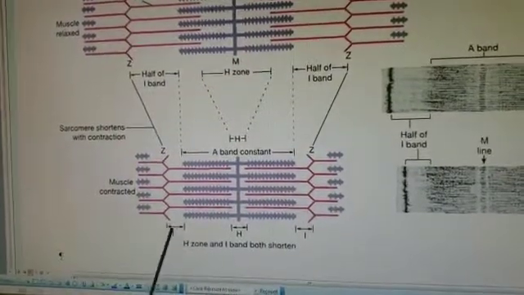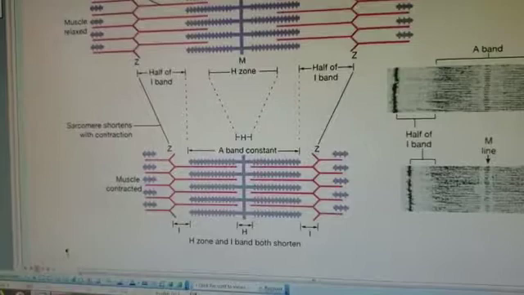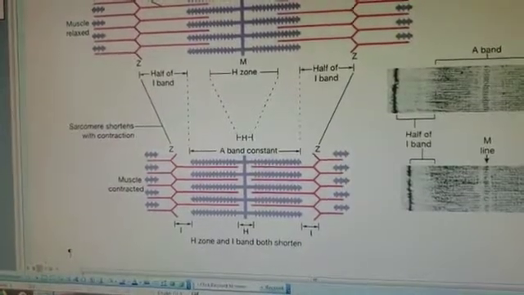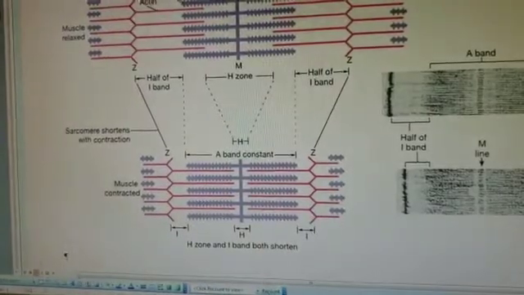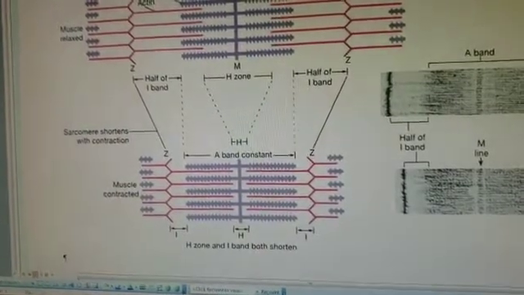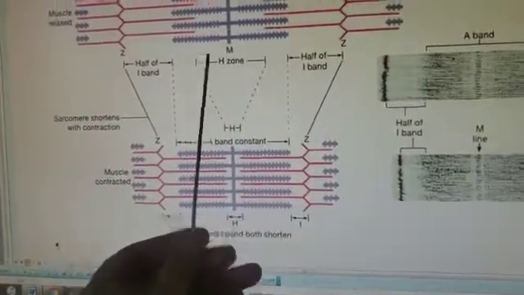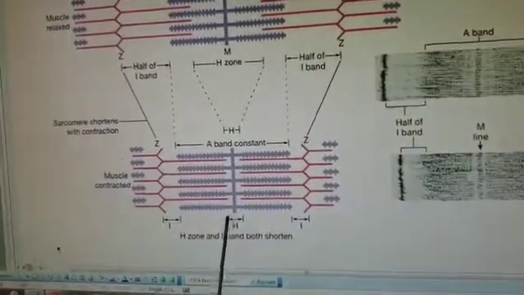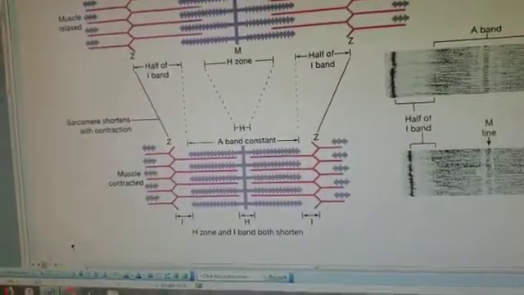Also the I band, you see the I band, they shorten because there is less exposed actin, and the H zone shortens or disappears because of actin overlapping the myosin. So again, here's the H zone, and here it is. So it also shortens, so it may disappear. And hopefully